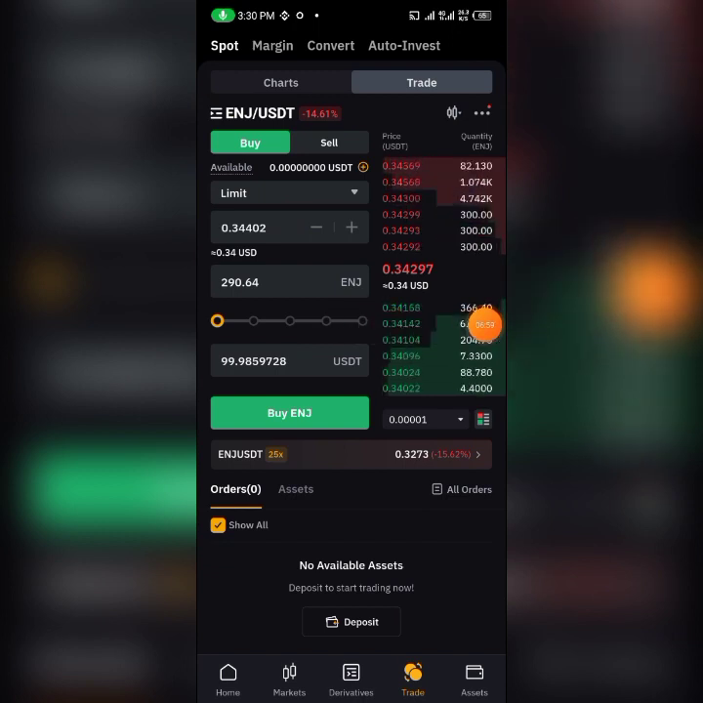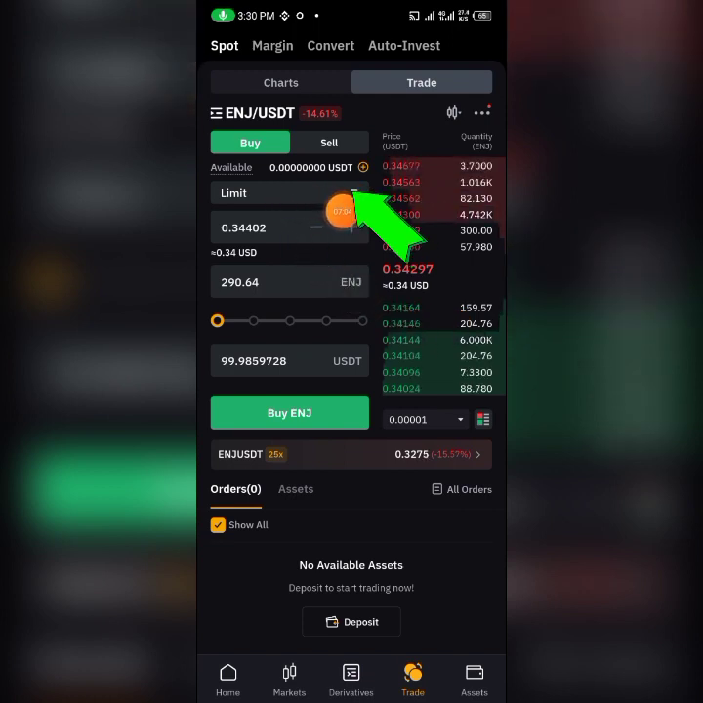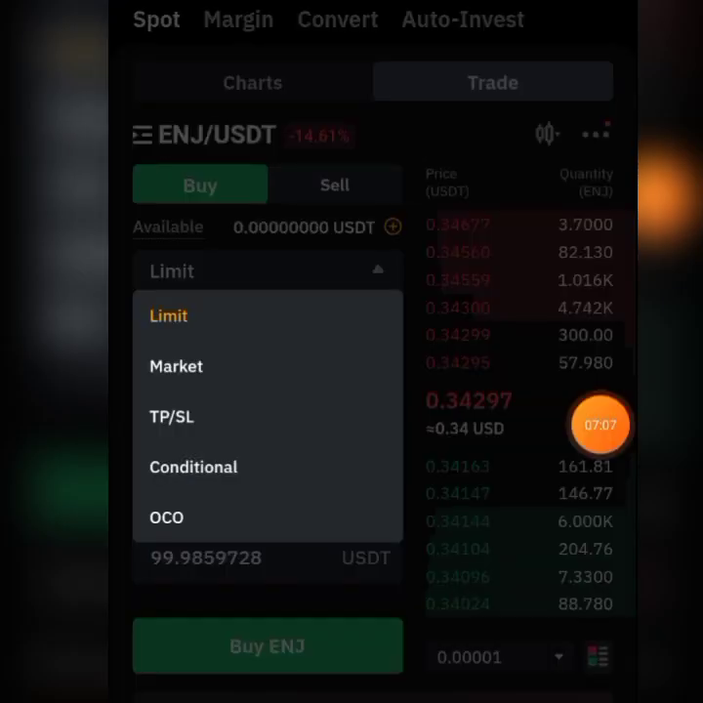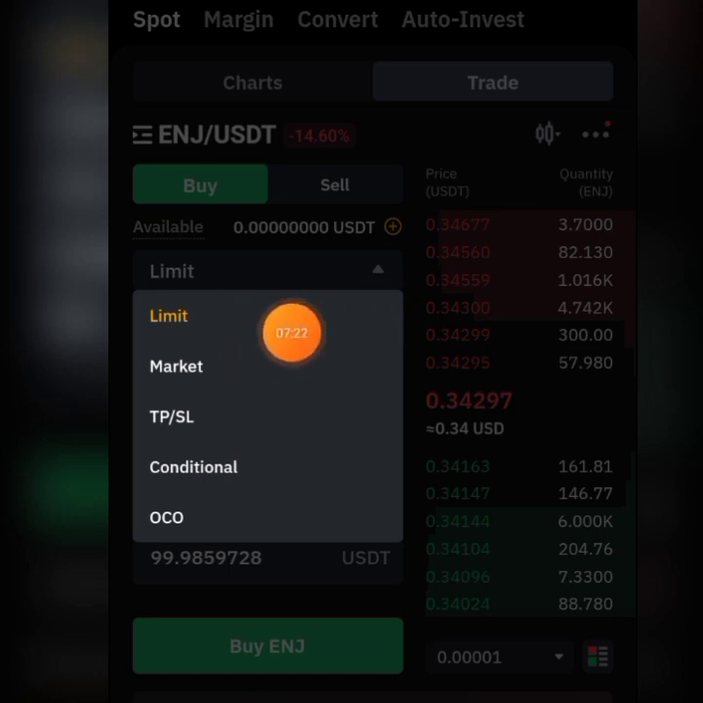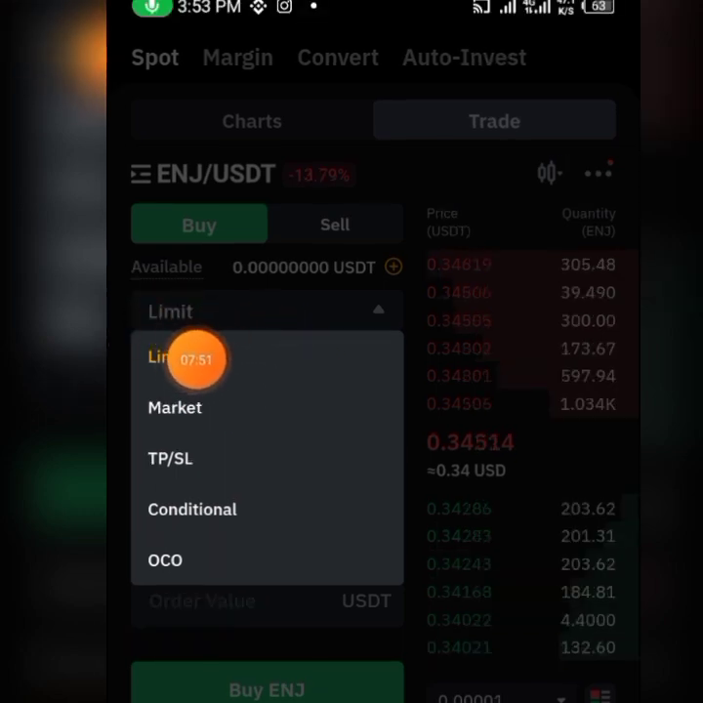Now, if you click on this limit order, you will see that we have the market order, we have the TP slash SL order, we have the conditional, we have the OCO. But the one we majorly use is either the market or limit order. So let me explain to you guys the difference between these two. Now, the difference between the limit order and the market order is: